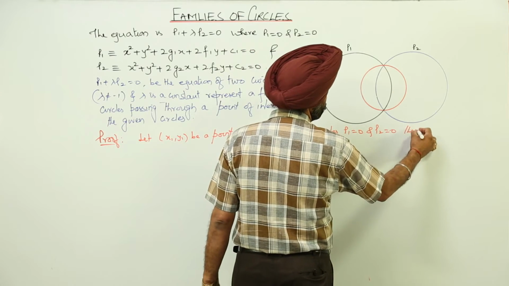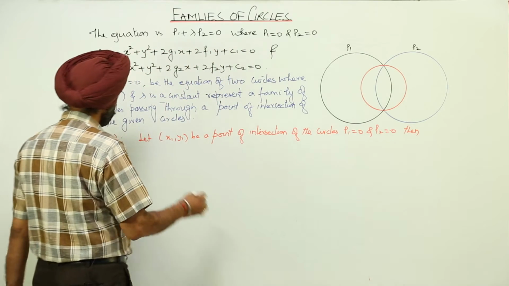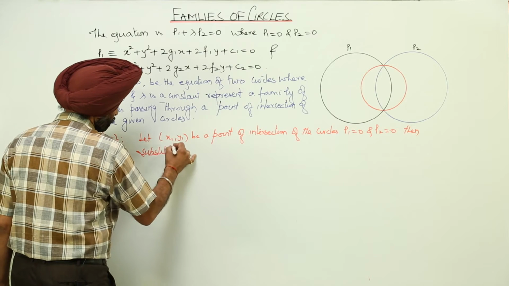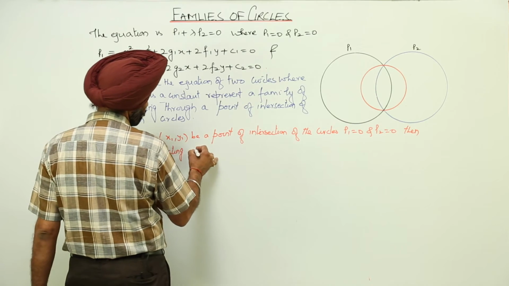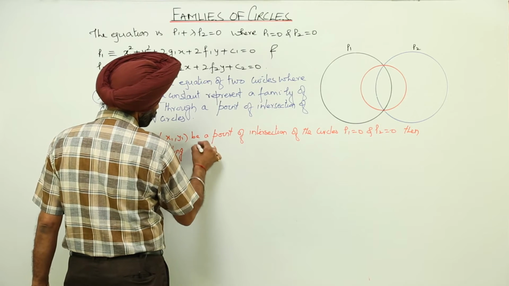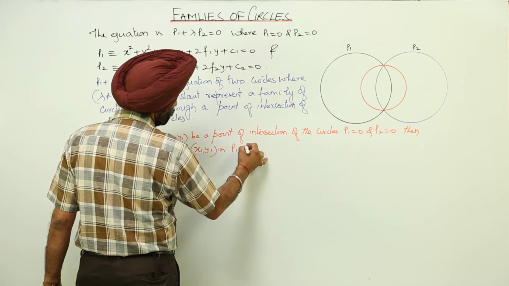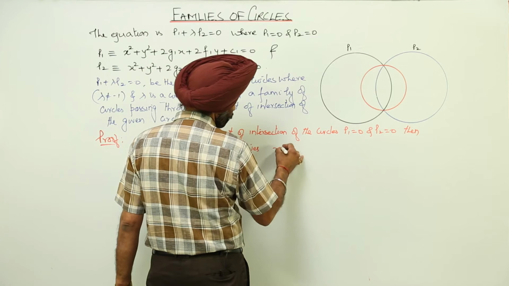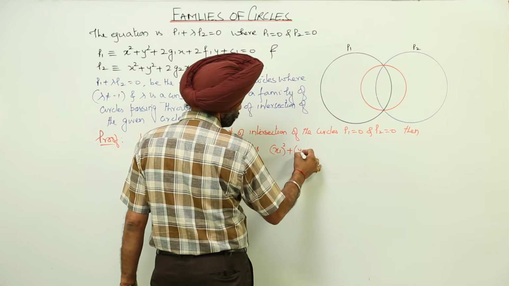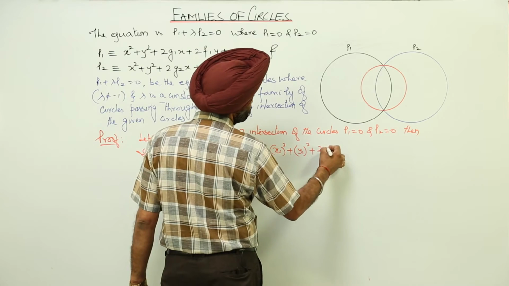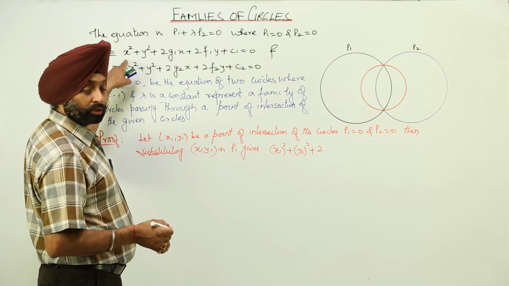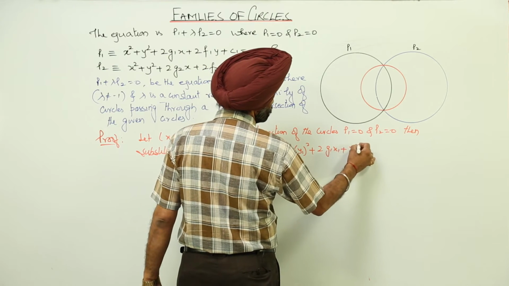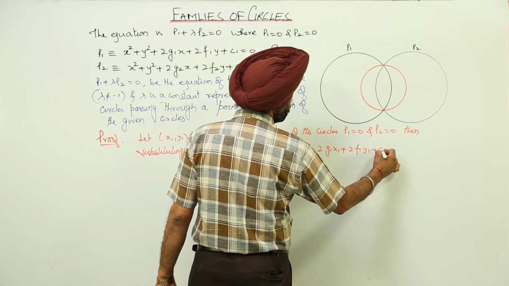Then substituting x1, y1 in P1 gives x1 square plus y1 square plus twice of, I am putting x1 and y1 in this equation, okay. So we are getting twice of g1 x1 plus twice of f1 y1 plus c1 is equal to 0,